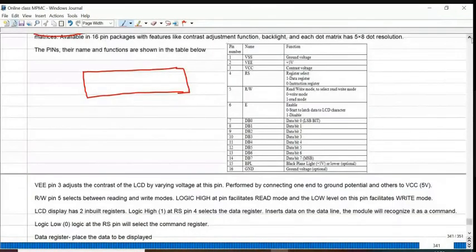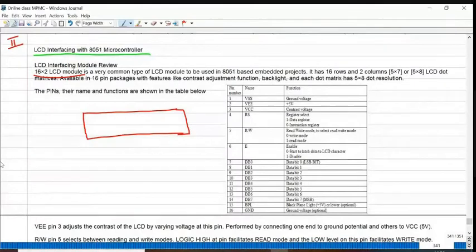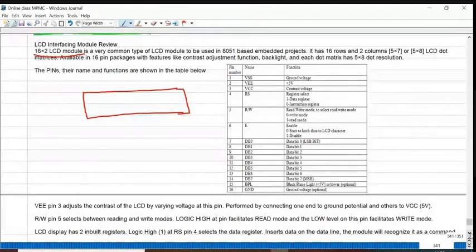Right. So before making the connection between a microcontroller and this LCD display, let us understand what pins are available in this LCD display. Particularly, it has two internal registers: the data register and the instruction register.